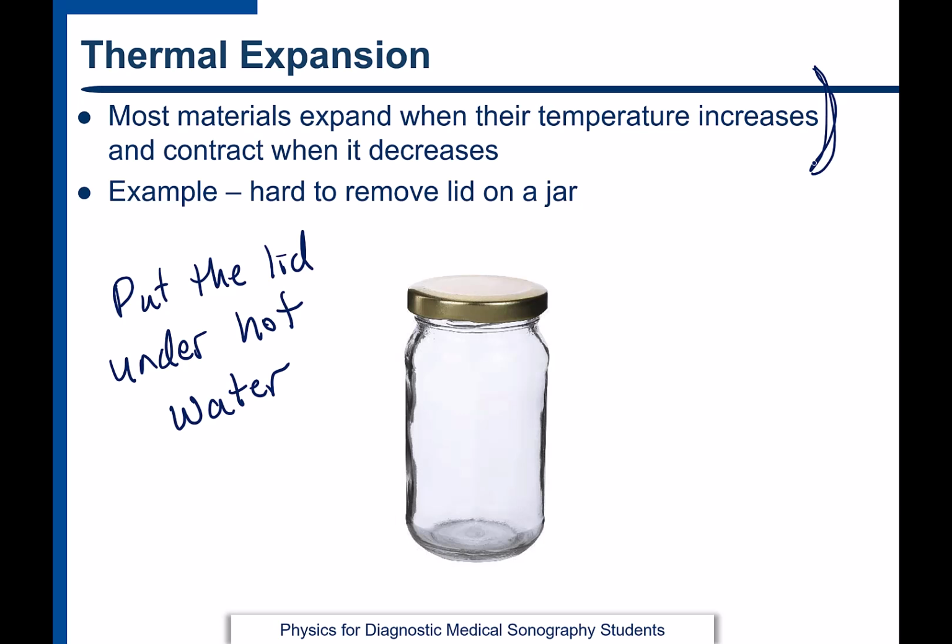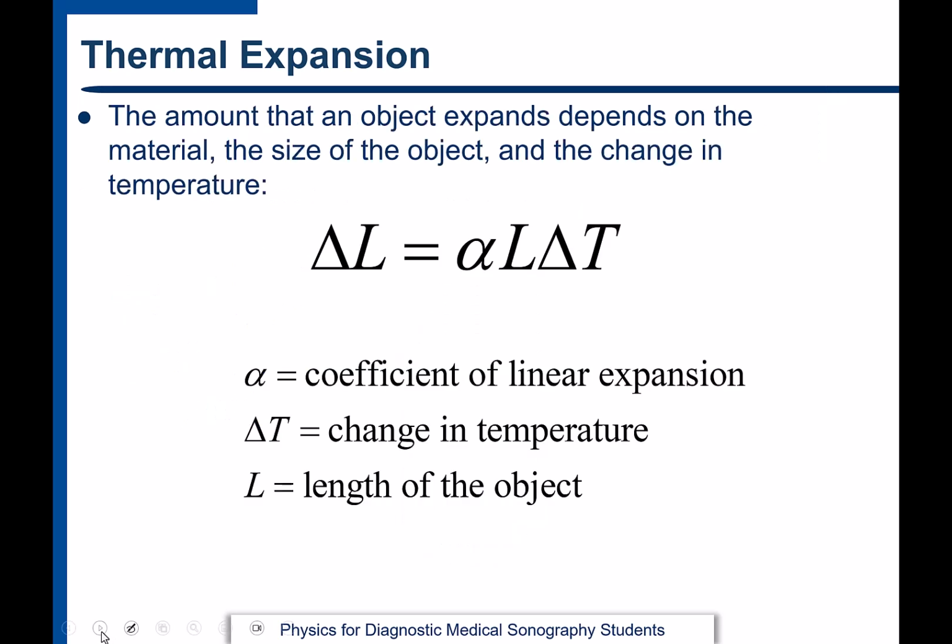Now, obviously, ideally, when you're doing that, you don't want the hot water getting too much on the jar because we don't want the jar expanding as well. However, it turns out that different materials expand at different rates, and that metal is actually going to expand more than the glass is anyway. So, what's the formula that describes this? Here's the formula